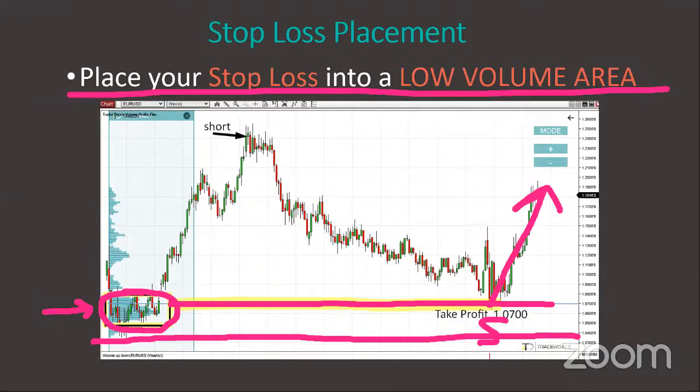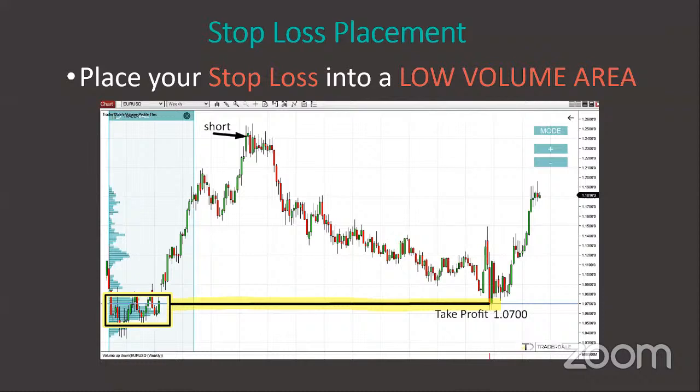Now, why I say that is that if the price goes and hits this support zone, if it goes past it, then there's really no point in hoping the price will return back, because by this time, when the price is below this heavy volume area, the support failed. And there's not really any reason why you should remain in the trade. So that's why it's best to just quit in here, behind this heavy volume area. So this is stop loss placement. Simple rule.